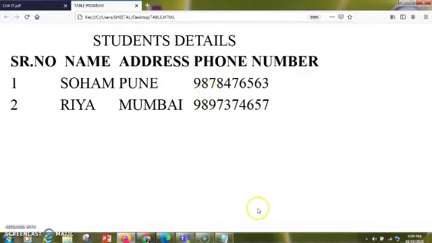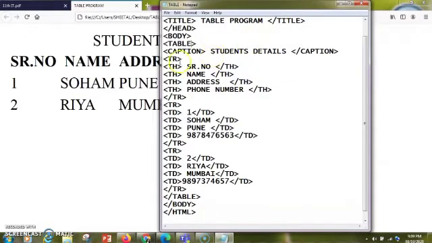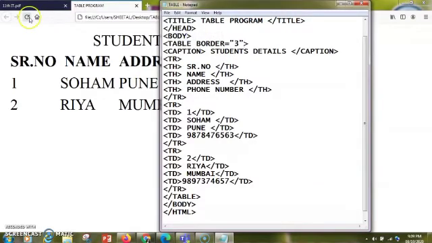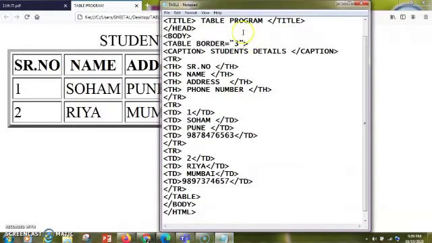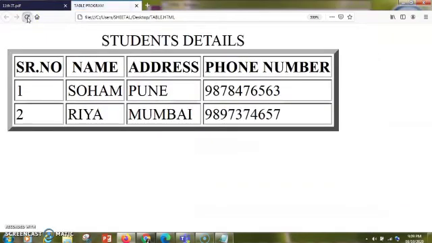So this is how the table appears without a border. Now we'll do the required changes in it. Just look carefully. So if I add a border attribute and I give it a value of 3, you can see that now your table is going to appear in a different manner. See, this is the border 3. You can increase the border value to 5 also. So now you can see the border is broader than before.